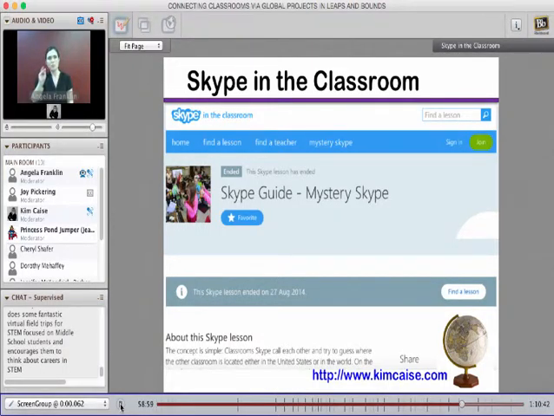And they've had several sessions that you can check the archives on Mystery Skype sessions. And basically what you do is you pair with another classroom somewhere, usually in the United States due to time zone constraints, and you give clues to the other class, and they have to guess the location based upon the clues, like the vegetation, the precipitation, the temperature, and the elevation, all that stuff going on.